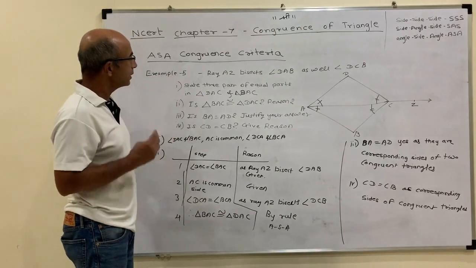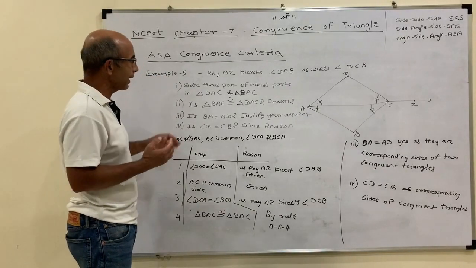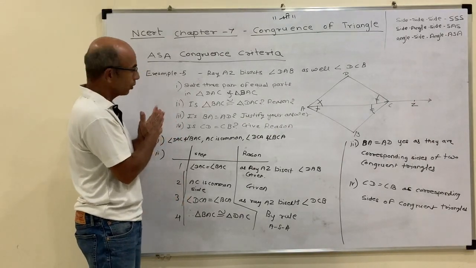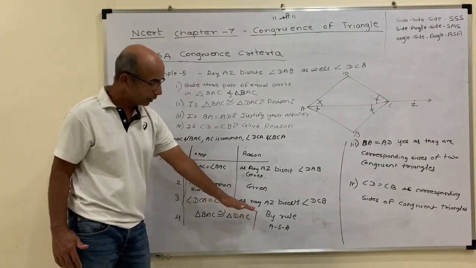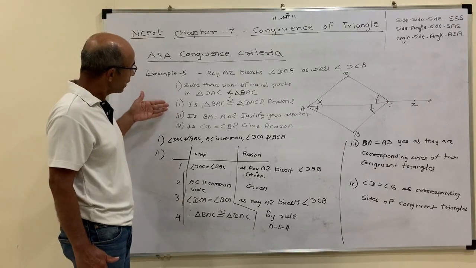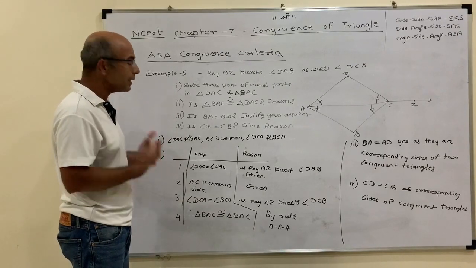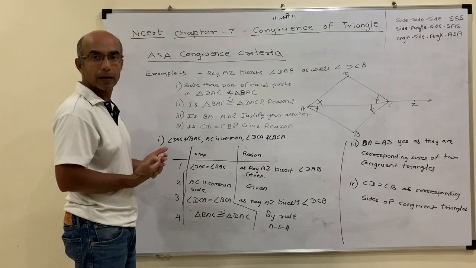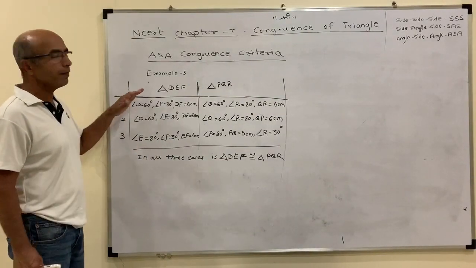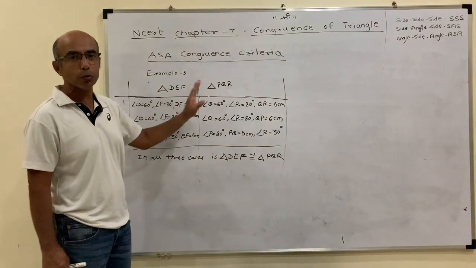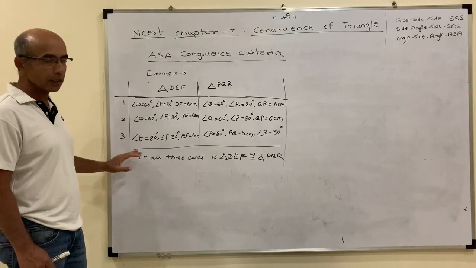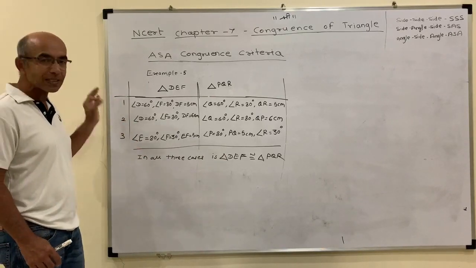What they ask first, the three pair of equal parts. So we find the first three pair, which we use to prove the two triangles are congruent. Then we apply the rule. And then once we prove that the two triangles are congruent, then we can say two congruent triangles always have all sides and all angles equal. Now in this example, they are given the information about two triangles 3 times. The best way to solve this kind of problem is to sketch the diagram.